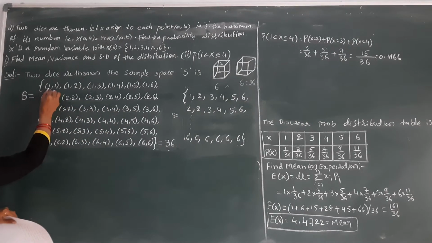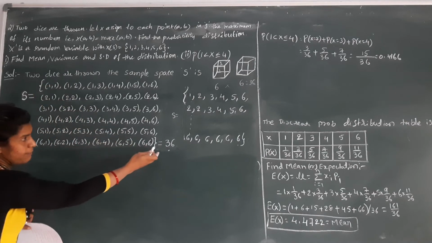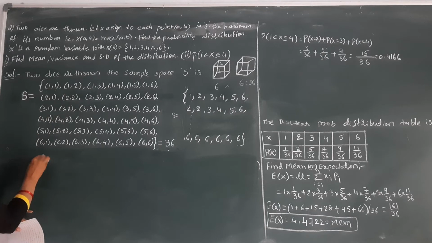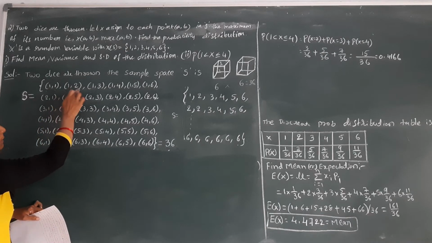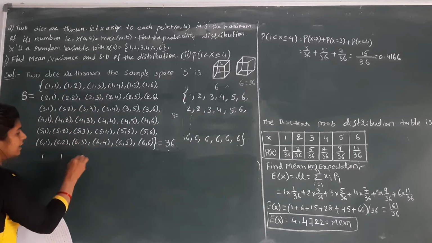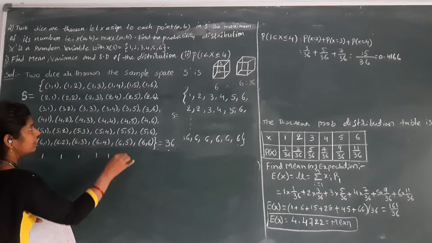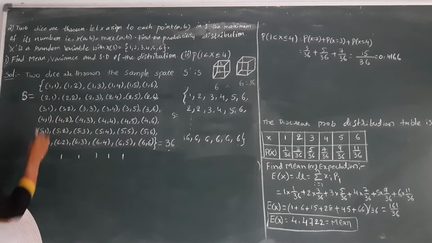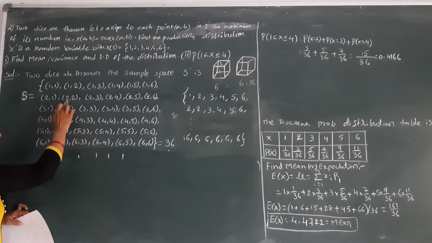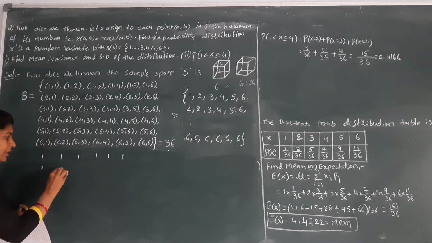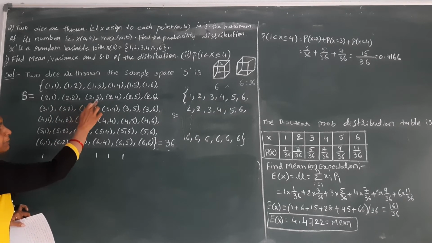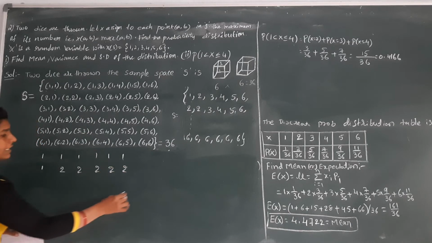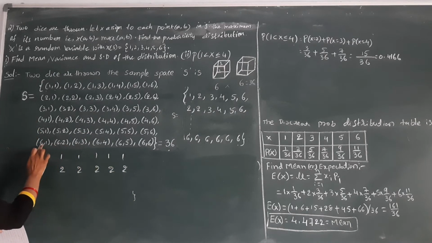So that means what here? 1 comma 1. This is a total sample space, already you know. So in this place, what is the minimum value? Only 1. Okay. Next, in this the minimum value is 1. Next, 1. The complete 1 is the minimum value. Come to in this place, what is the minimum value? 1. Next, come to in this place, 2 comma 2. Both are same. You will get only 2. Okay. In this the minimum value is what? 2. Similarly, we will get the sample space. In the last one, what is the minimum value?